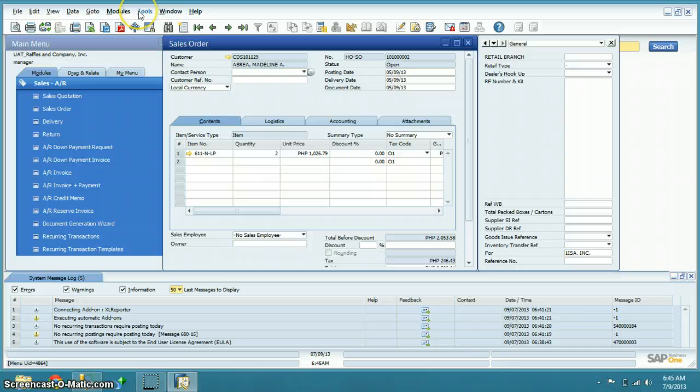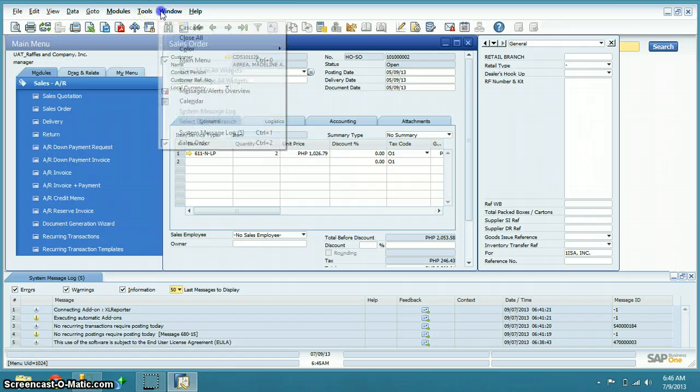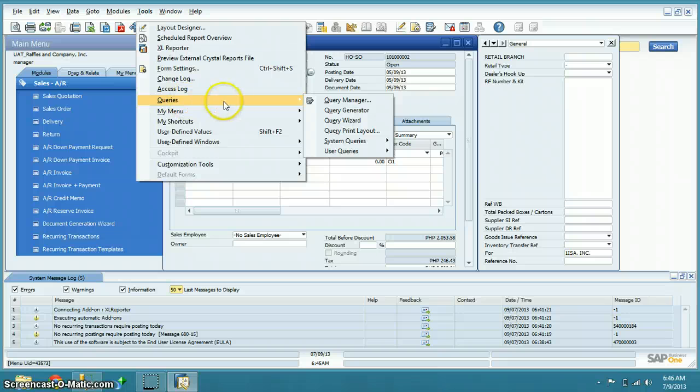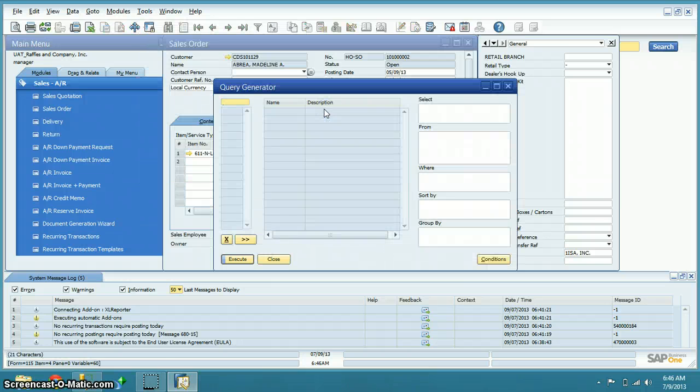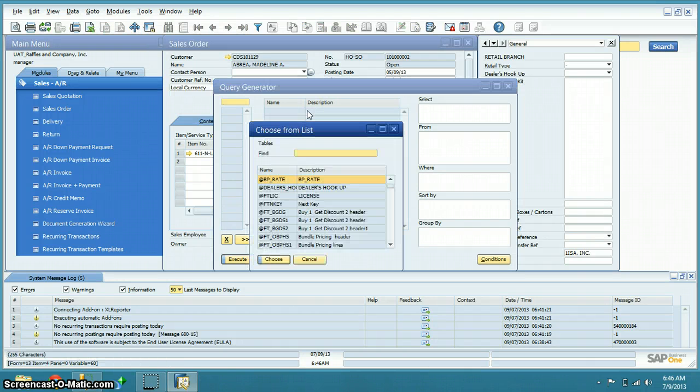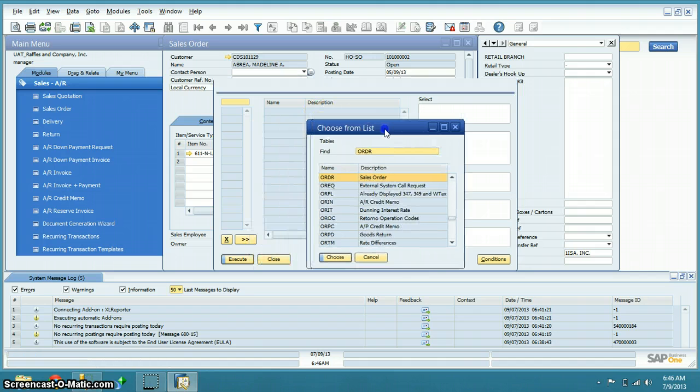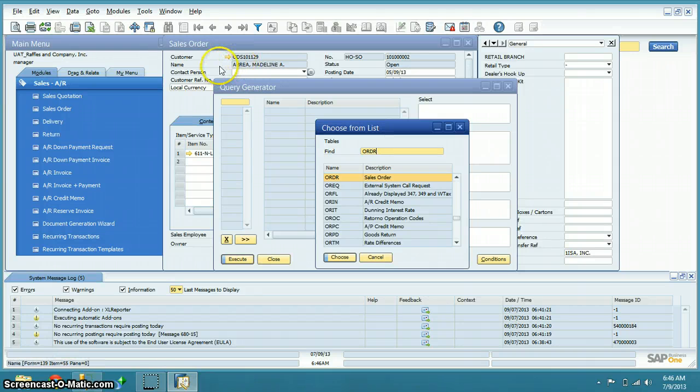To know the real name of that table, we're going to use the tools and click queries, under that the query generator, and then click tab, then type the code, which is ORDR, and that is the sales order.